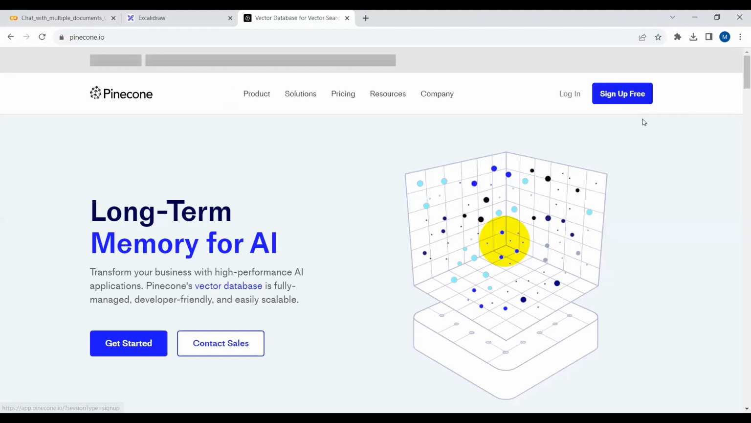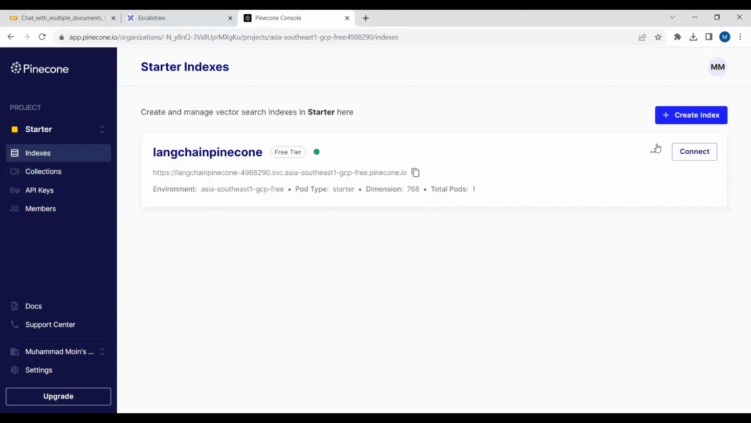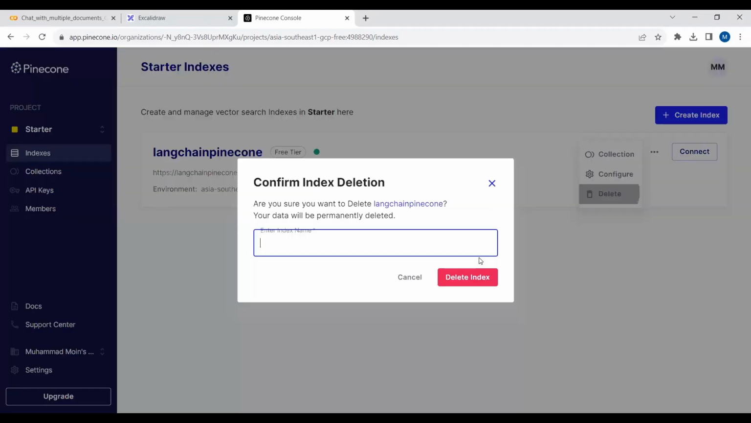You can get a paid subscription from Pinecone. It allows us to have multiple vector databases inside Pinecone. I don't have a paid subscription on Pinecone, so I can only create one vector database. With a paid subscription, you can create multiple vector databases. I've already created one, so I will delete this and